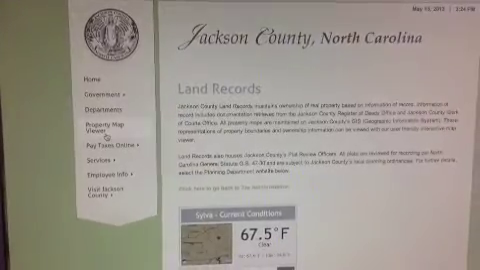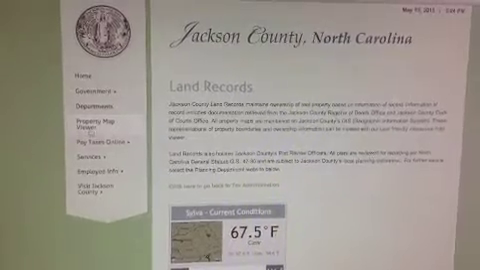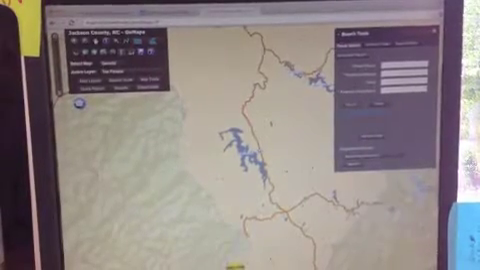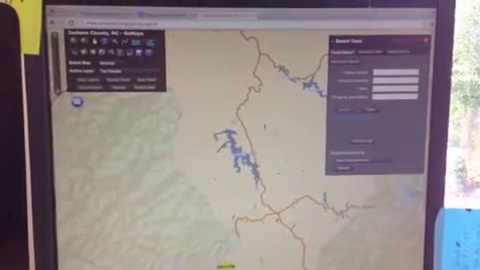Most villages and counties have a property map viewer, and we're very fortunate that this one has one. So you want to scroll down and find something that says Property Map Viewer and click on it. Okay, now it's brought you up to what's known as a GIS database. Well, we've entered the site now of Jackson County, and it gives you an overall of your county, and then